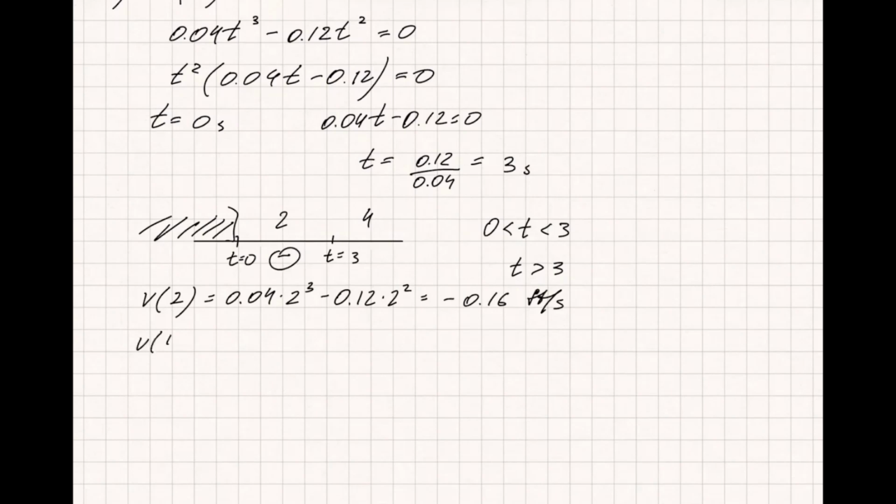And now v of 4 is equal to 0.04 times 4 to the third power minus 0.12 times 4 to the second power. That is going to be equal to 0.64 feet per second. So as you can see, this is going to be